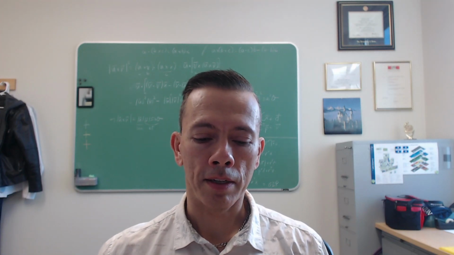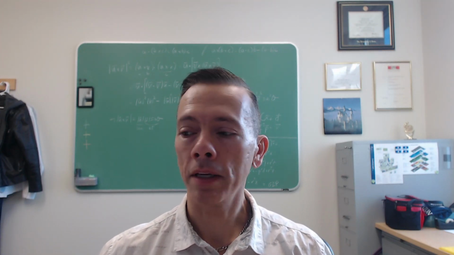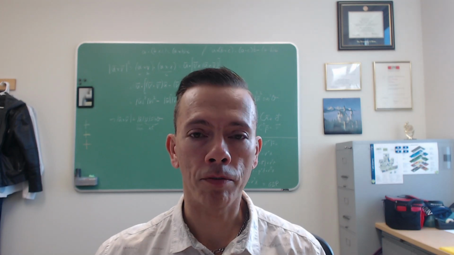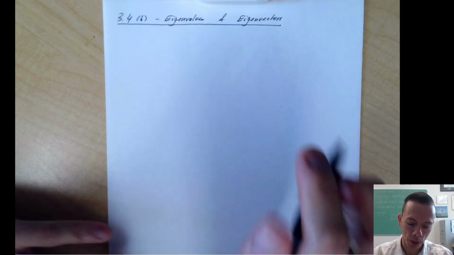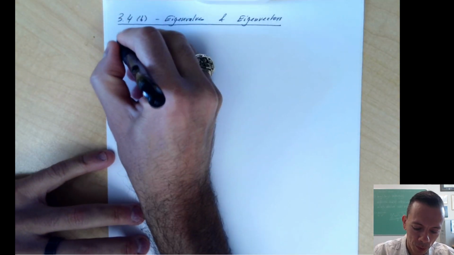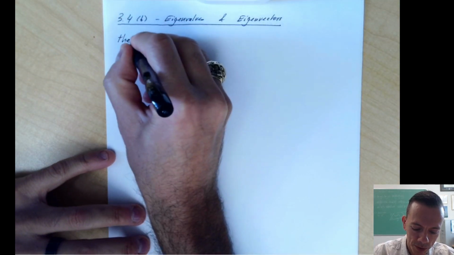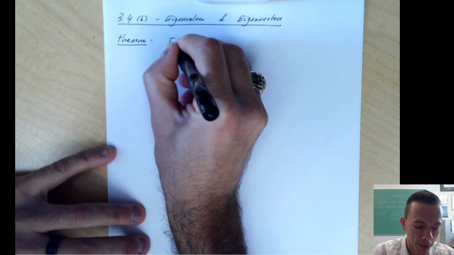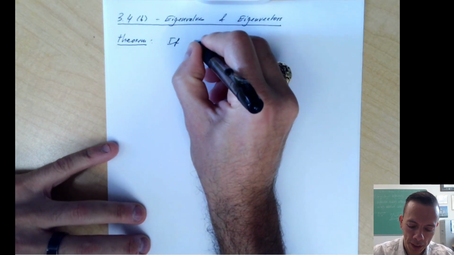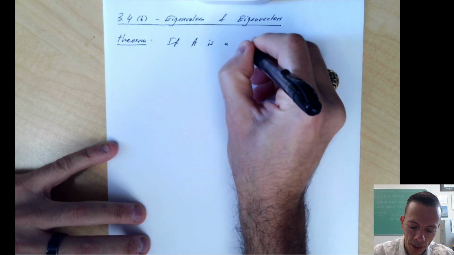Hi, this is lesson 3.4b, the continuation for eigenvectors and eigenvalues. So just to recall one theorem that we saw last time regarding eigenvalues. If we have a square matrix A, n by n,